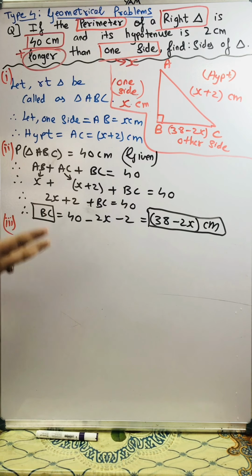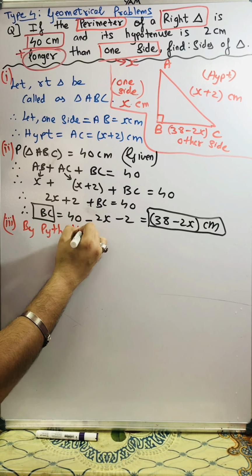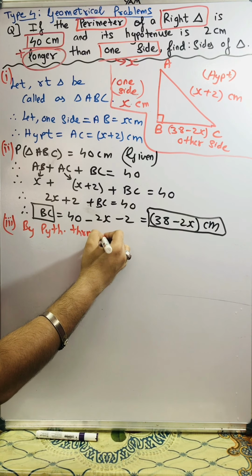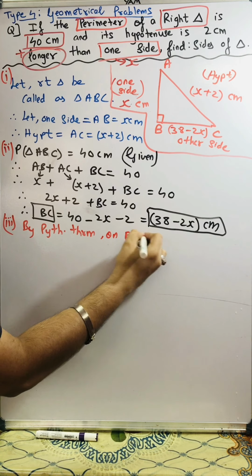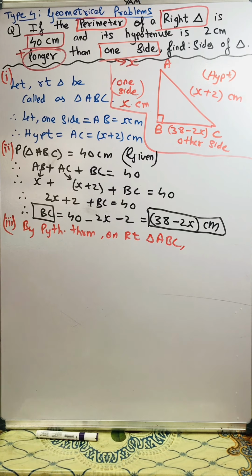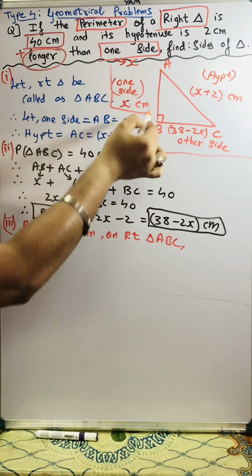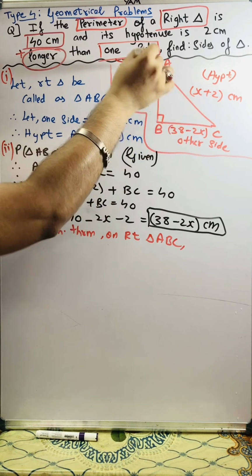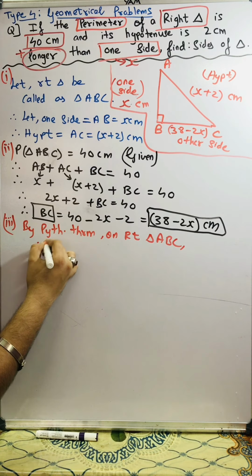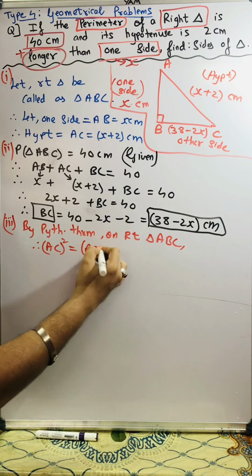And it is nothing but great Mr. Pythagoras. Let's apply Pythagoras theorem. So by Pythagoras theorem, on right triangle ABC, what is Pythagoras theorem? Hypotenuse ka square is equal to one side's ka square plus other side's ka square. Hypotenuse is AC, so therefore AC ka square, hypotenuse ka square, one side is called as AB, AB square plus